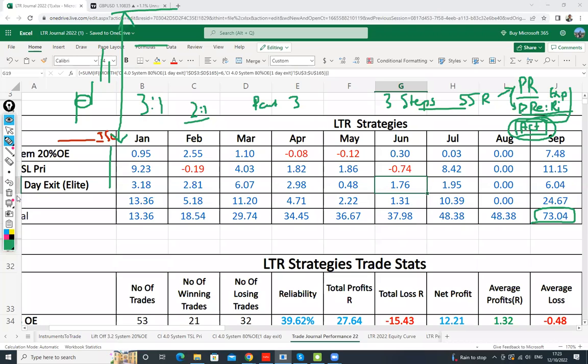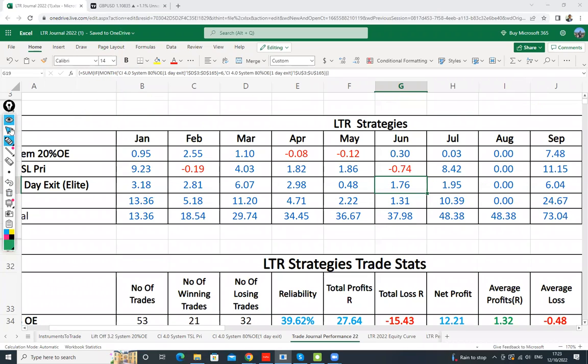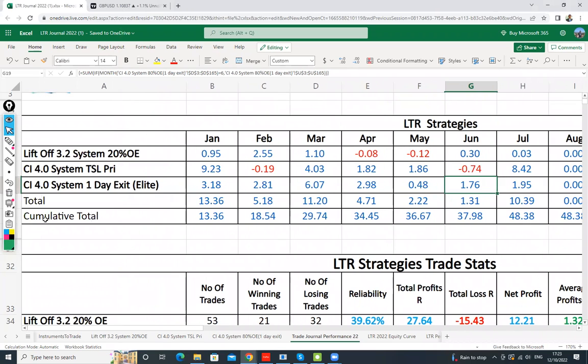Now, what do I mean by that? Sometimes you see traders, for example, our strategy here, right? Our strategy here, which is the 1-day exit strategy. Now, this has actually got a very low reward to risk ratio. Okay, if you're talking about expected reward to risk ratio, we only take it at